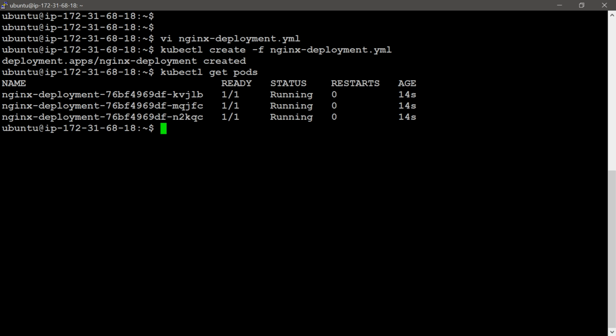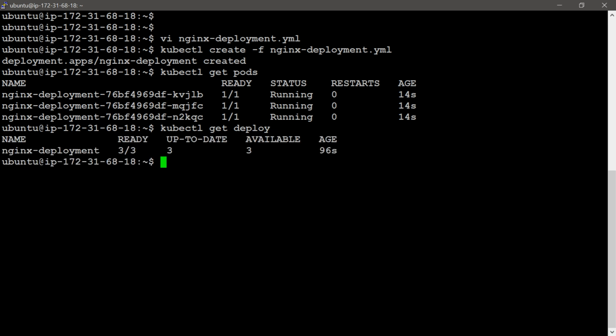We can explore and manage deployments using the same kubectl commands we would use for other object types. kubectl get deployments, or deploy as the short name. It shows 3/3 replicas are ready, up to date 3, available 3, and the deployment name is also displayed.